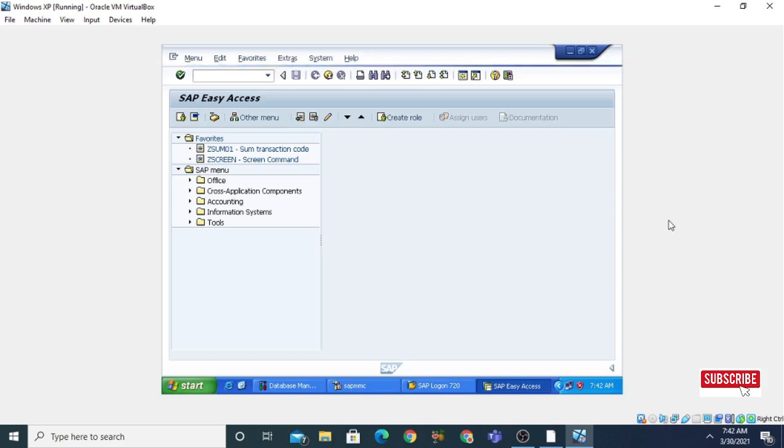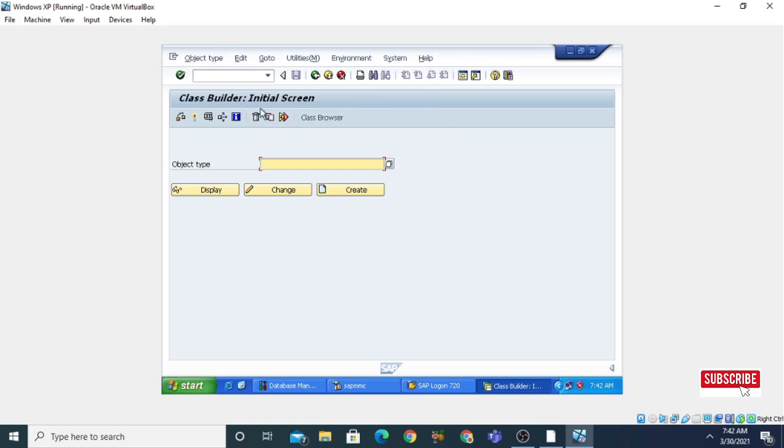For this class you do not need to create any group. In the case of a function builder, you need to create the function group first, and then you can make the function module as a part of the function group. But in this case you do not need to create any group. You can directly use the class builder to create the global classes. With the help of SE24 you can open this class builder.